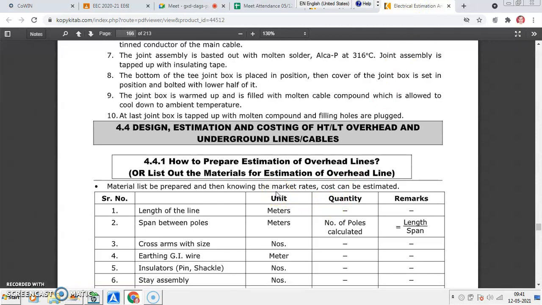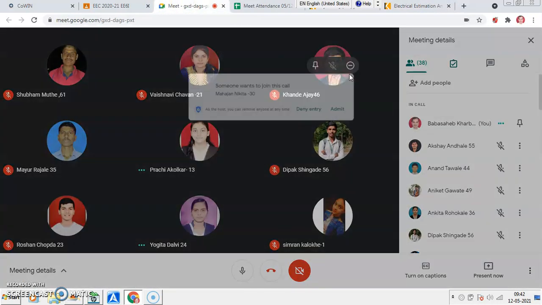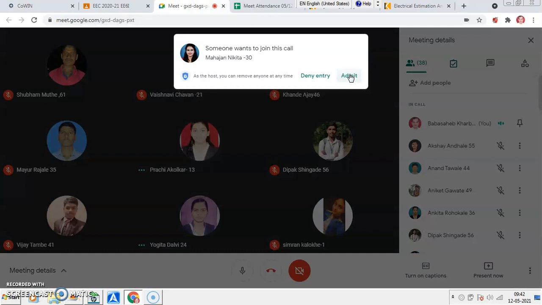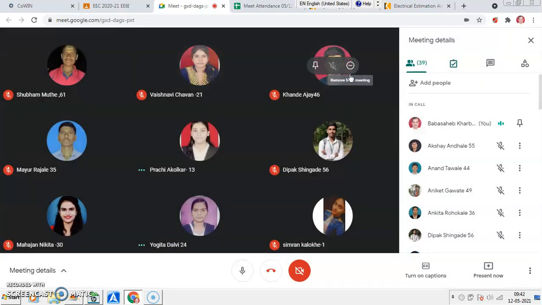So we have discussed the cables. We know the different insulating materials and the different types of conductors used for the cable. We know their properties. We know the construction of cable, the type of the cable, the layers of cable, and the appropriate use of cable. So this we have already discussed.